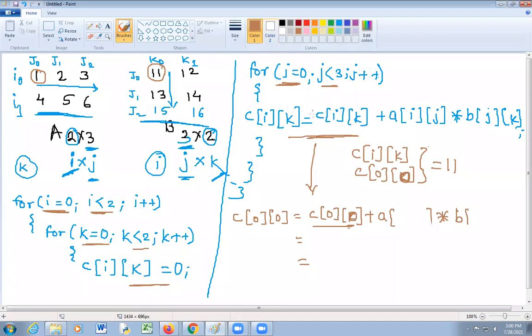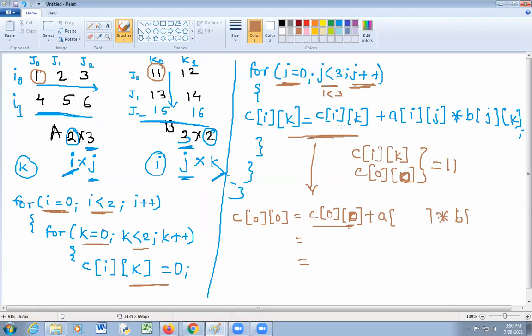see here, after executing this, increment value of j, so initially j is equal to 0. After incrementation it will become 1, and check this condition, 1 is less than 3, this becomes true.